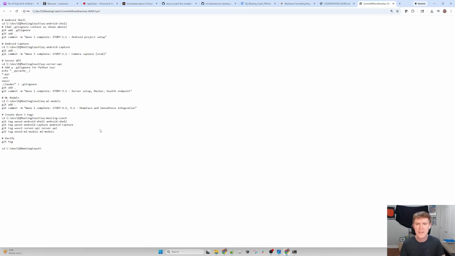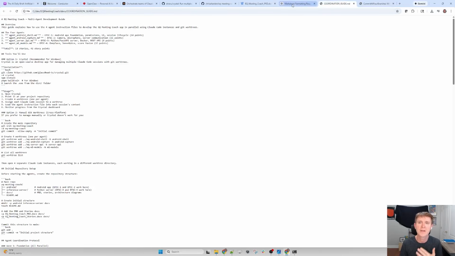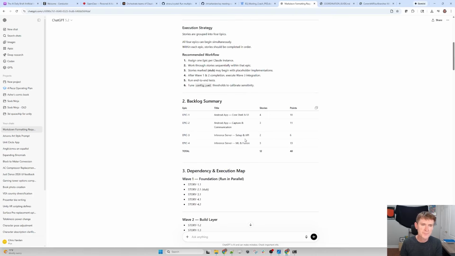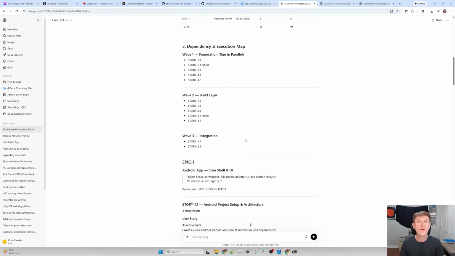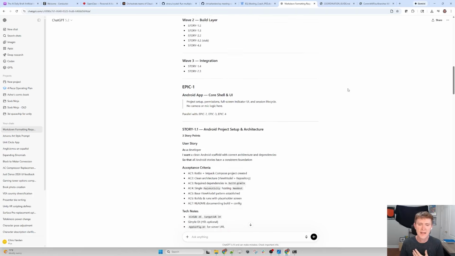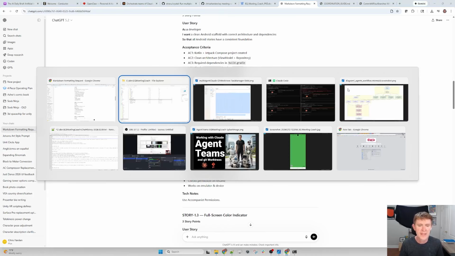When wave one was done, they'd wait for me. I make sure everything was all cleaned up. I do a quick look over everything to be sure things were synchronized with Claude. And then I'll tell each of the agents, okay, move forward to wave 2. And they'll go look at the coordination guide. They'll go look at their stories and then move on with the next part of their project. And so that's essentially how they all got coordinated.